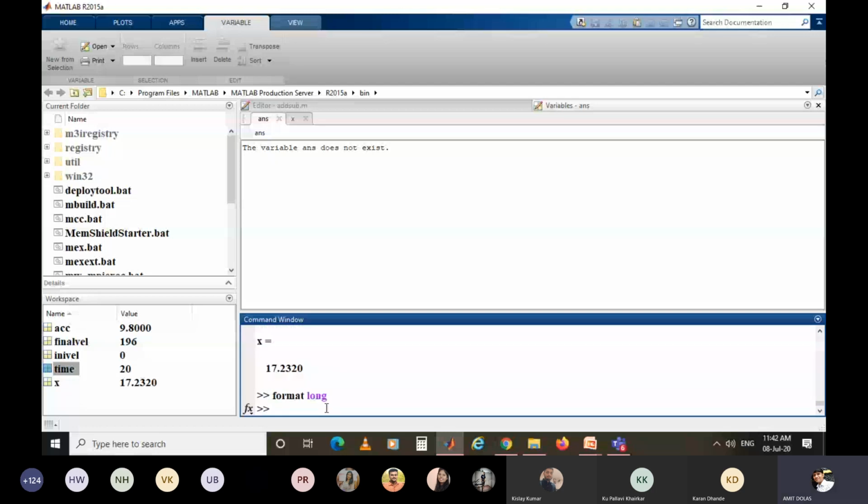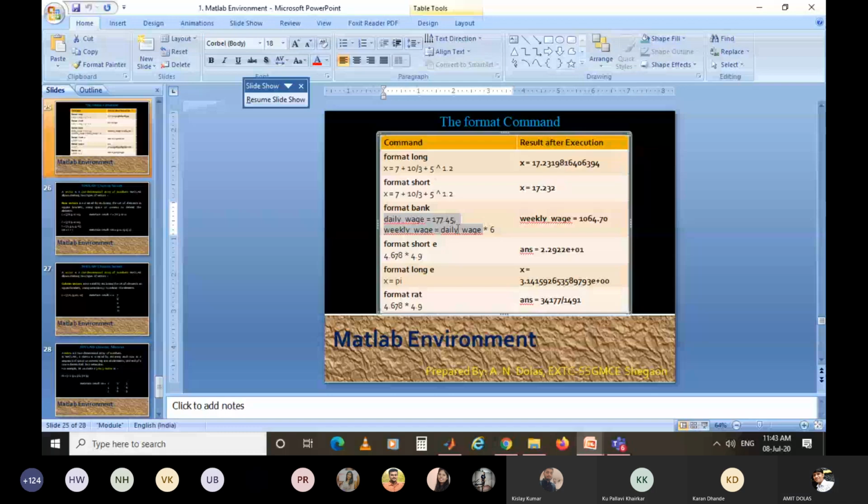You can see here, if I use format long, it will be 16 digits after the decimal point. Then another is this expression, format bank. After the decimal point there will be 2 digits, and of course it is rounded off.